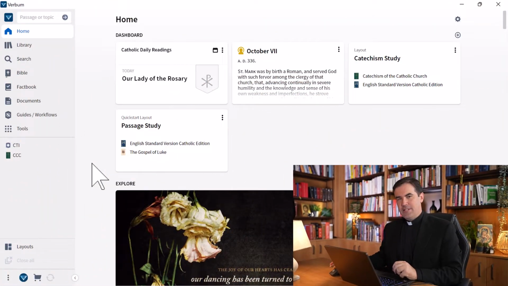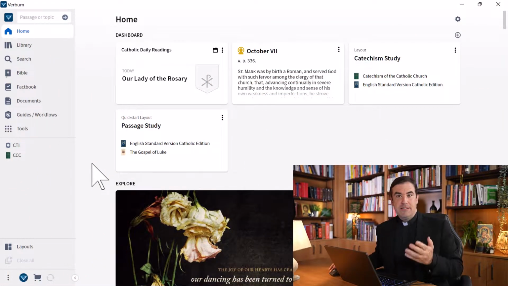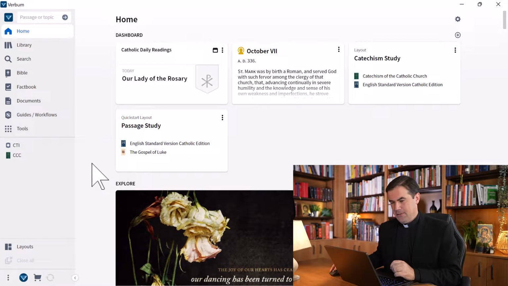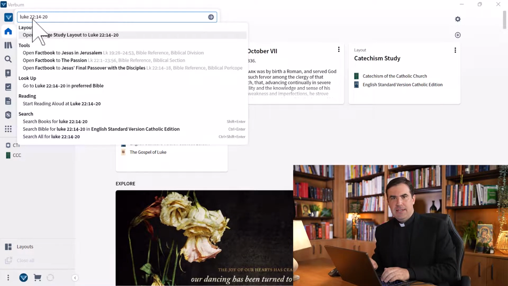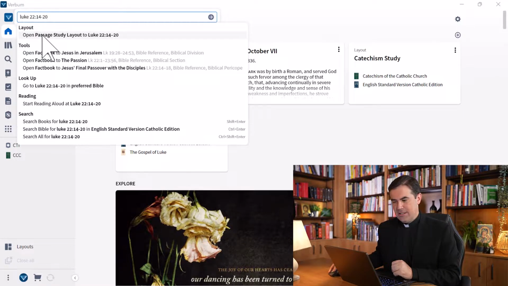To get started, let's open up and start with the default Bible passage study layout that Verbum offers us. To do so, go to the command bar. Let's open it up to Luke 22:14-20, the Last Supper in the Gospel of Luke, and choose the option Open Passage Study Layout to Luke